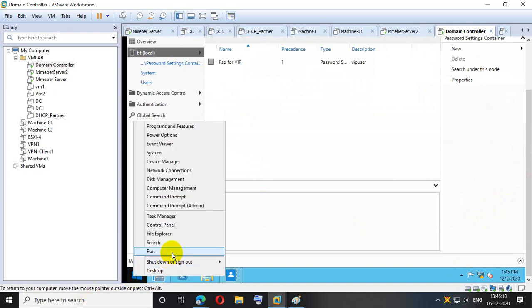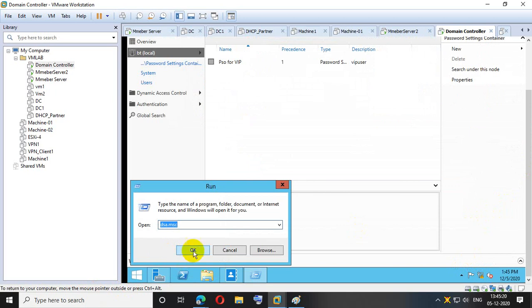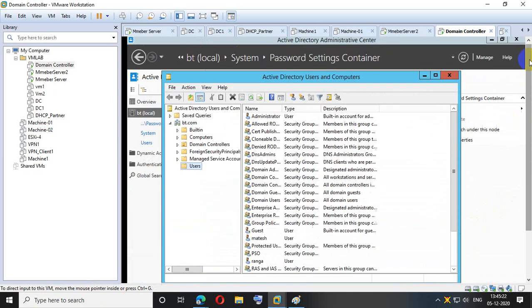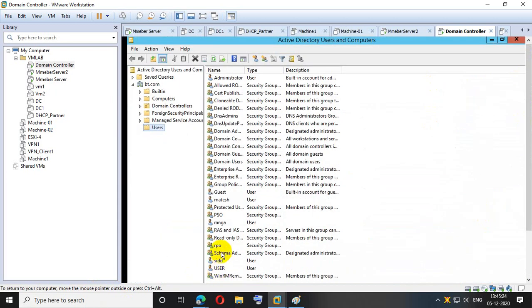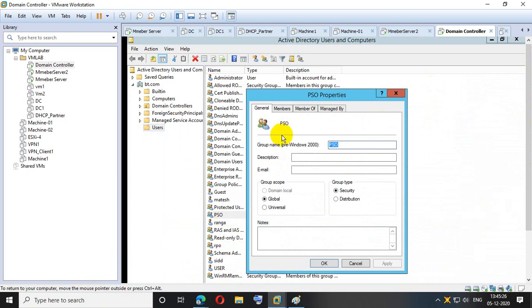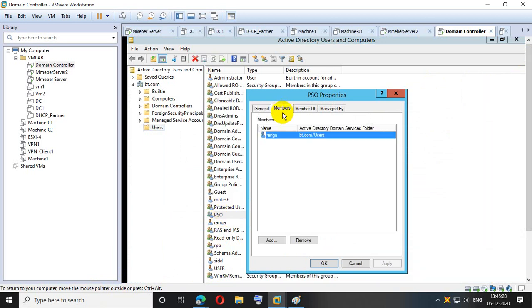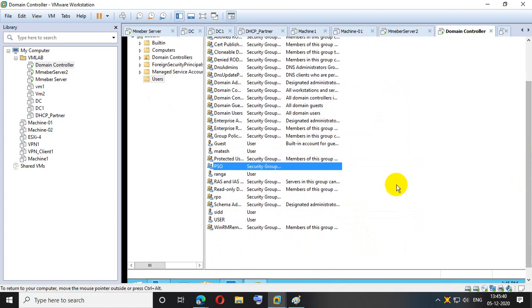Let's open these. dsa.msc, and I'm opening the PSO group. In this PSO group, Ranga is part of this group. Now let's see. First I'm removing Ranga from this group. Let's say I remove Ranga. Now try to set a 2-character password on Ranga's profile.